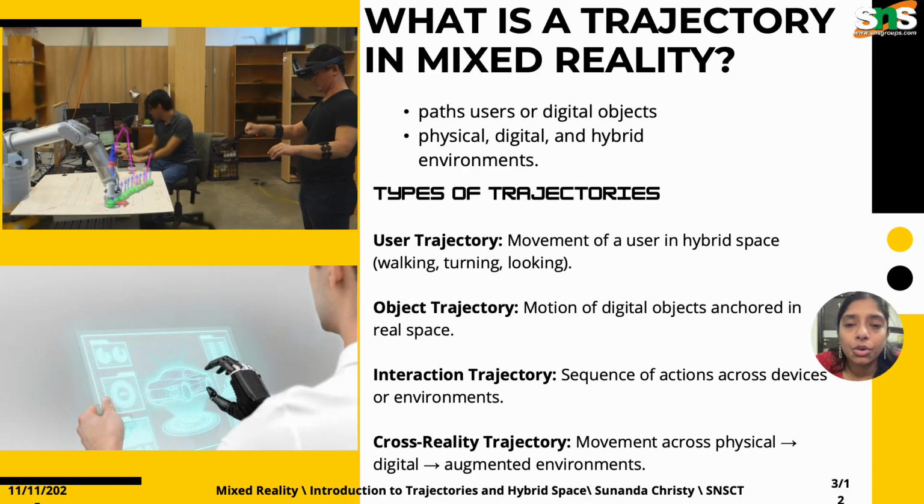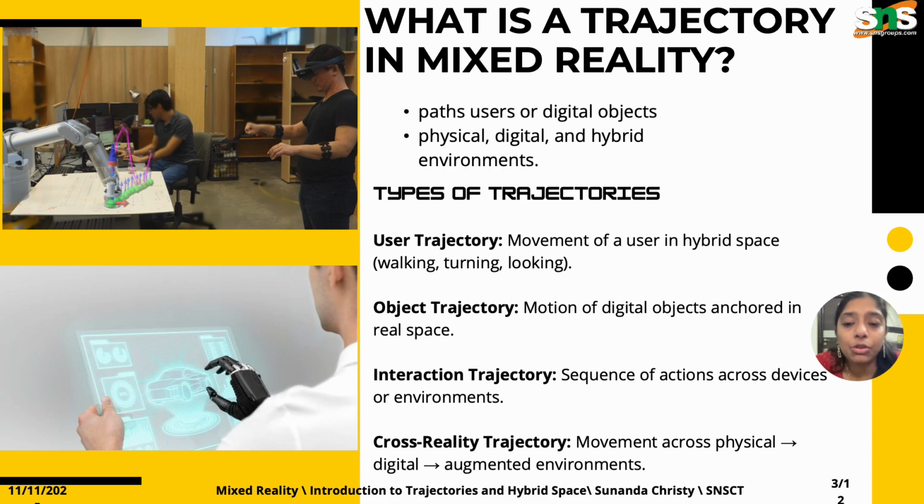So when we are having a virtual reality, we have to see the space, how much it takes place, in what way the physical and digital hybrid environments take place, and the user trajectory, object trajectory, interaction trajectory, and cross reality trajectory. These are the types of trajectories. Now when we go to user trajectory,